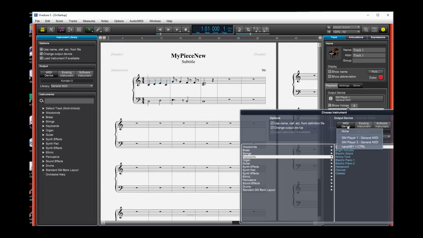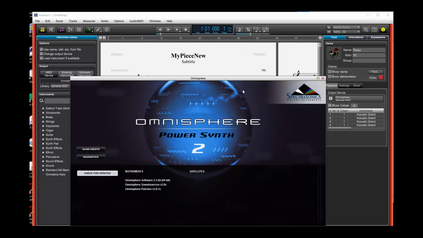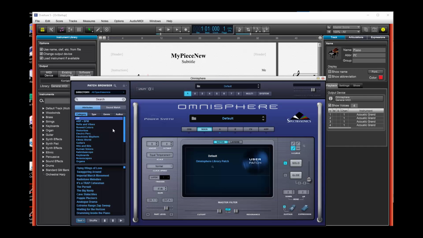When I go in, I can set to a MIDI device, an existing instrument. I have none since I haven't selected any yet, or one of my plugins, one of my software instruments. So I'll select for this Spectrasonics Omnisphere. Done, and that'll try and load. And when it's loaded, I can select my little eye inspector icon here, and that should bring up the Omnisphere setting, and I can go in there and select that,